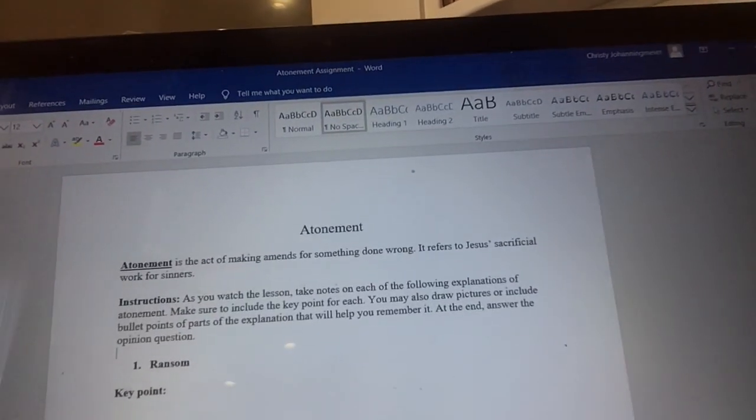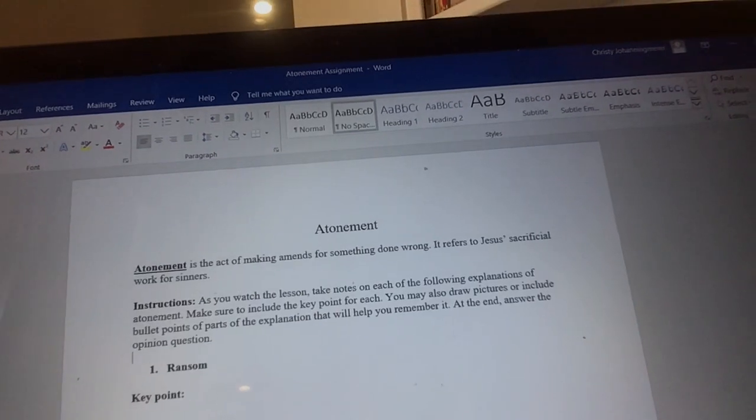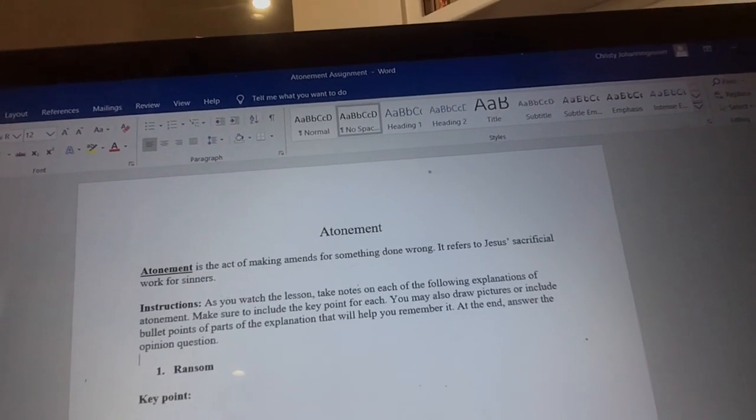So it's called Atonement, and that's what it looks like. So you need to find that and have that ready. So either print it out or split screen it with the video so that you can take notes, and that you will be able to do this as you go through the video, because it will be the easiest way.